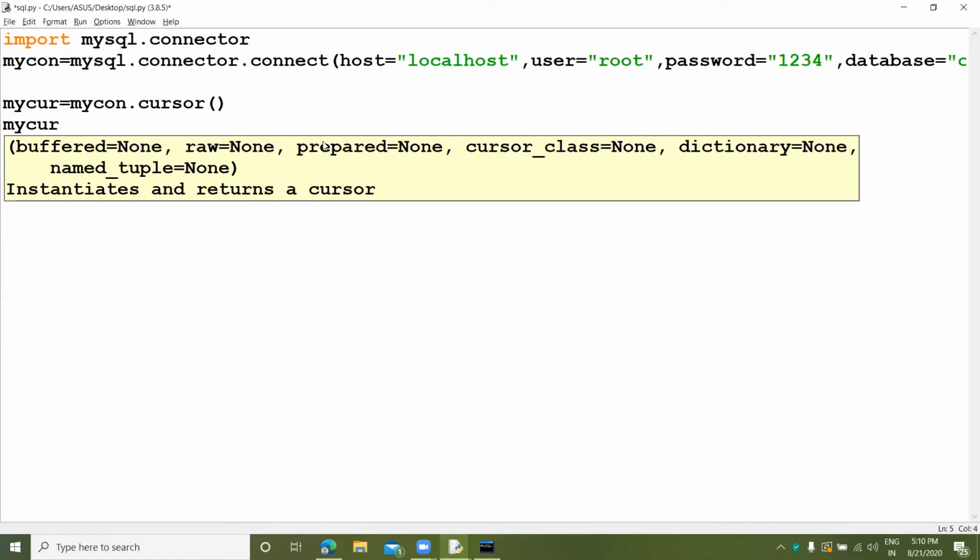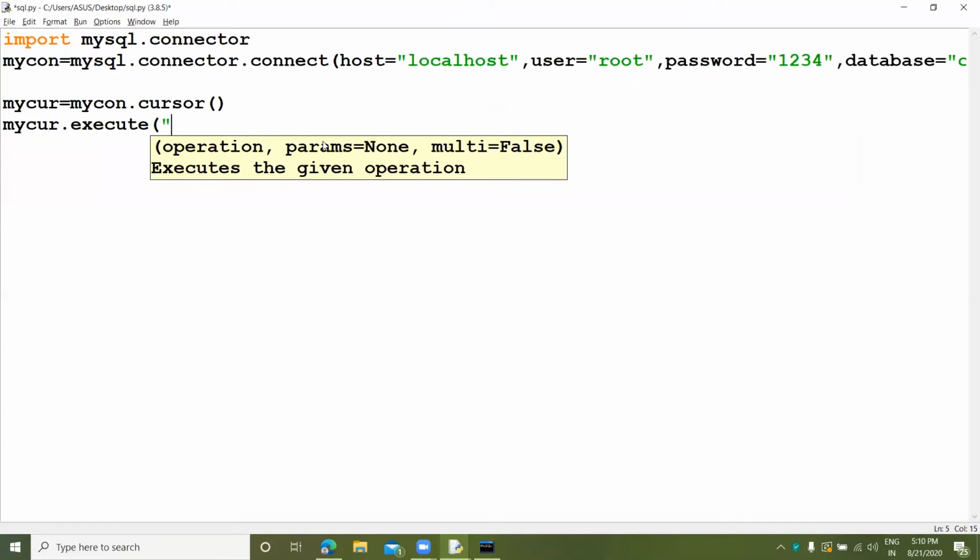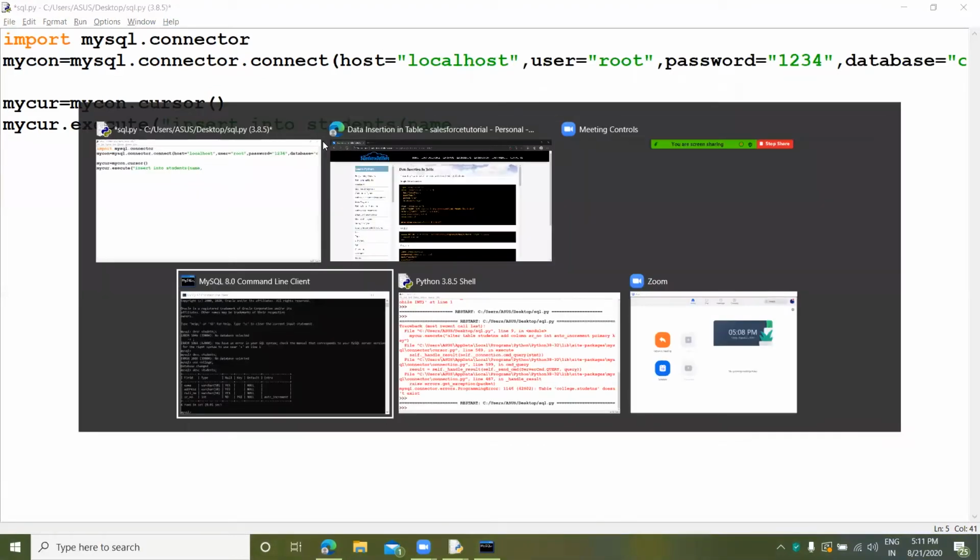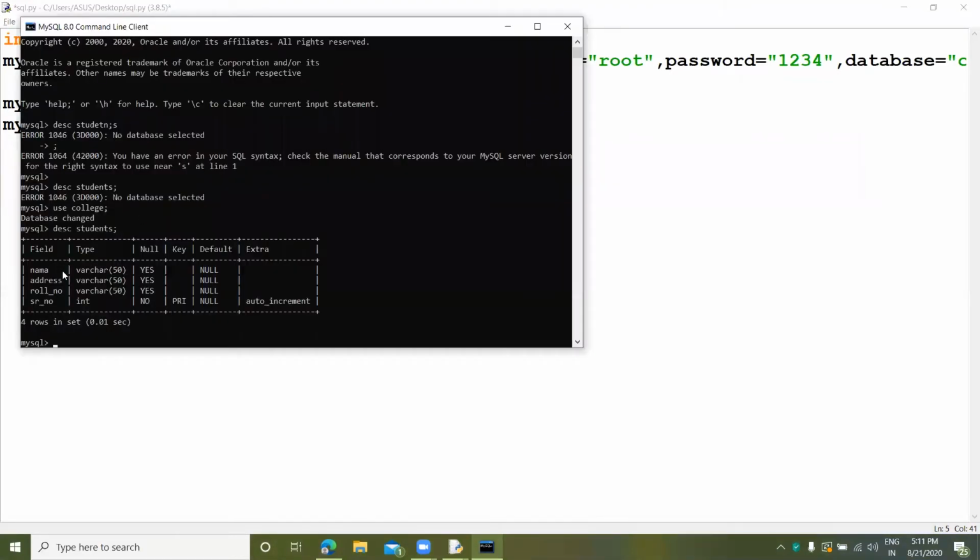Now my cursor.execute, what will we execute? Insert into students. Okay guys, insert into students. In name, check your columns: name, address and roll number. We don't have to enter the serial number because it is auto incremented, so we do not add any information into the serial number.